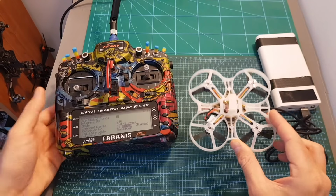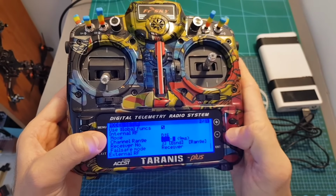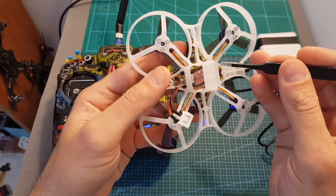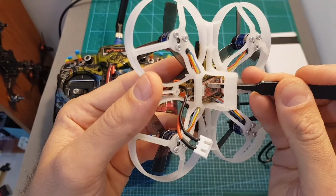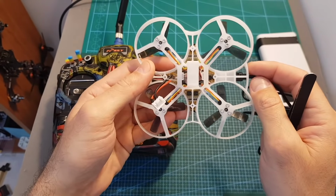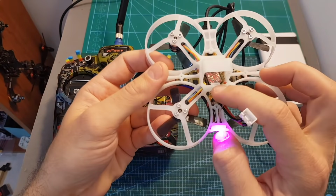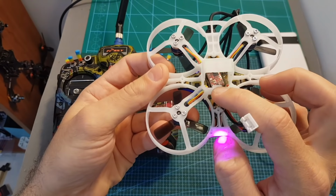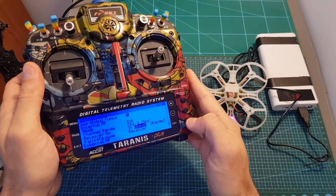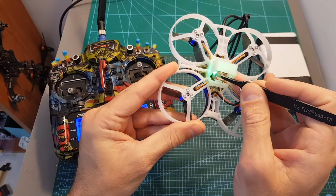Binding the AC900 receiver is done by putting your Frsky compatible transmitter on mode D16 and then turn on the quadcopter while pressing the bind button on the AC900 receiver, which is located over here. You can either power it up using the LiPo battery or using the micro USB port. After powering it up, this rapid LED green indication is going to indicate that the receiver is on bind mode, and then just hit the bind button on your transmitter,